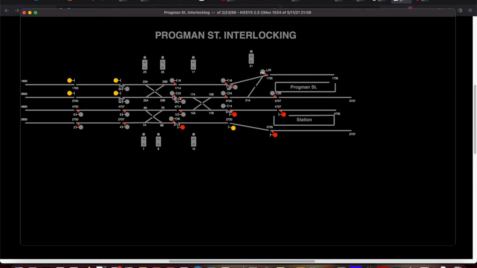This is what a panel looks like, an NX, or entrance exit control panel, as would be seen in New York City to this day. There are lines representing tracks, and there are these little symbol things representing signals. Now, to see the actual signal, you click right on it, show full signal, and that's what the signal looks like. So that's signal 4, as we call it.